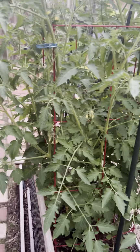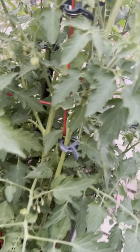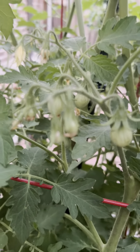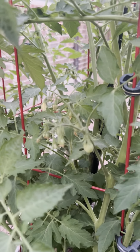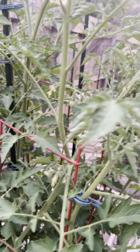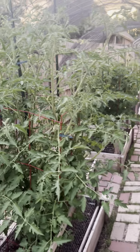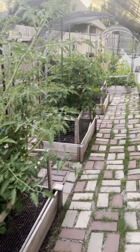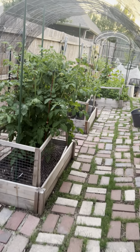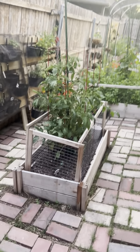And I don't see any pear tomatoes on here yet, but I do have flowers. Oh, here's some. Here are some right there. So yeah, now I'm gonna take the view from the end. Oh, some more on this side. And this doesn't include my strawberries, my raspberries, my beets, which I'm pulling the last of them out, and I